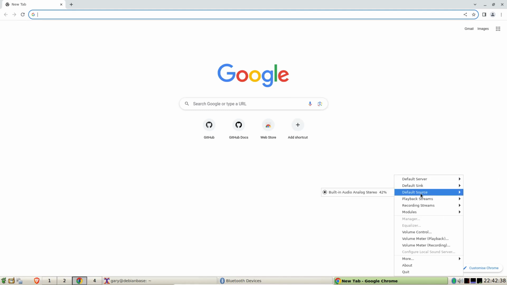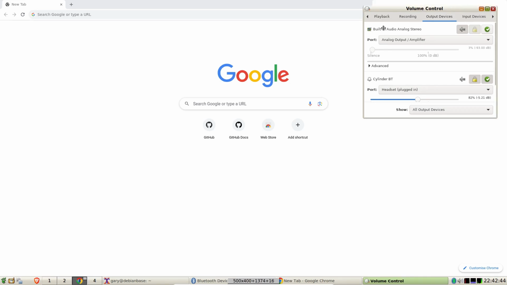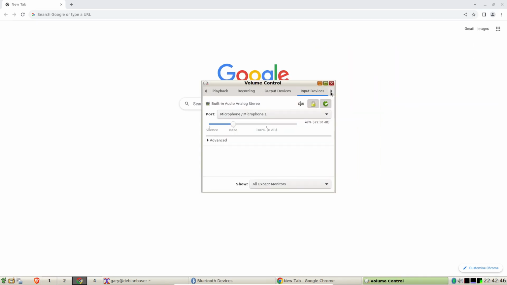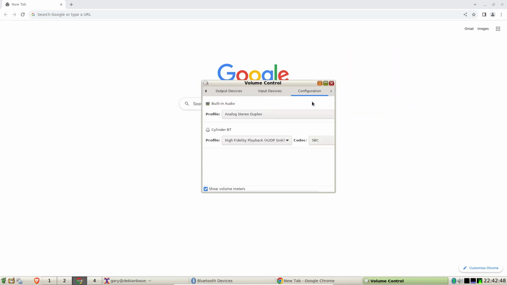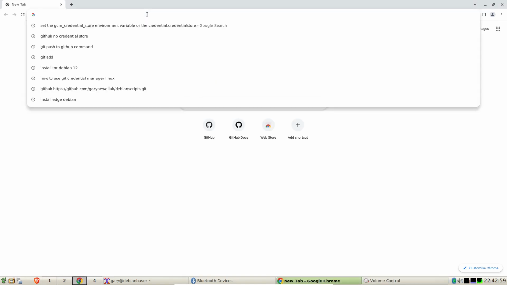It's still using the source as built-in analog stereo. So we're going to go to volume control, go across here to configuration, and under output devices we're going to make sure this one's selected. So hopefully when we go to YouTube,